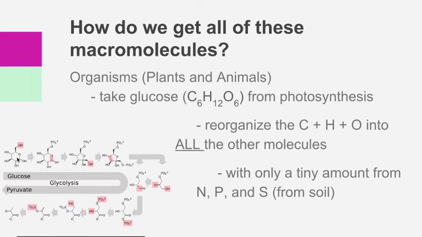You can see over here how glucose can be modified, where the bonds are changed and modified and broken apart, and you get a different molecule at the end, one we call pyruvate, but it's still the same carbon, hydrogen, and oxygen molecules. And there's only a tiny, tiny amount of the mass of all of those molecules that are nitrogen, phosphorus, and sulfur, which were originally taken in by plants from the soil, but that's only a tiny, tiny amount. The vast majority of the mass of organisms comes from the carbon, hydrogen, and oxygen that is made in